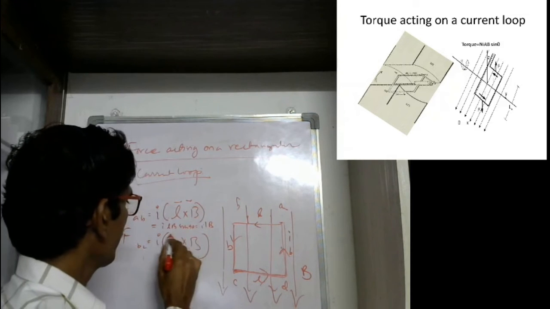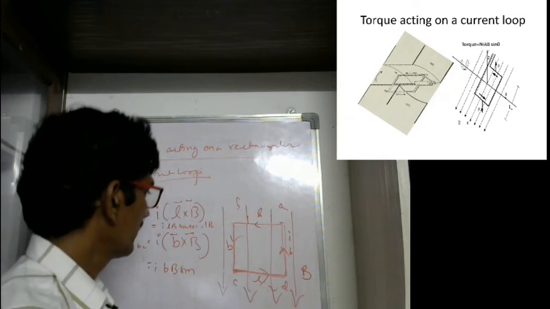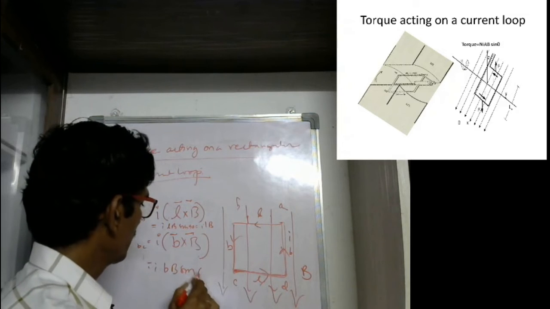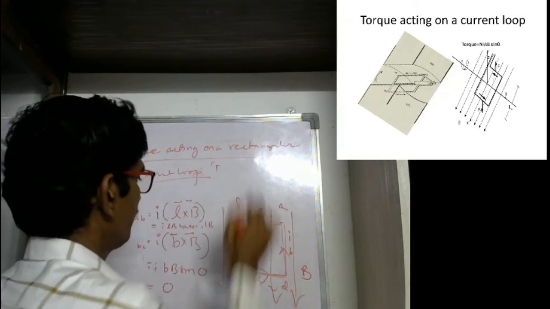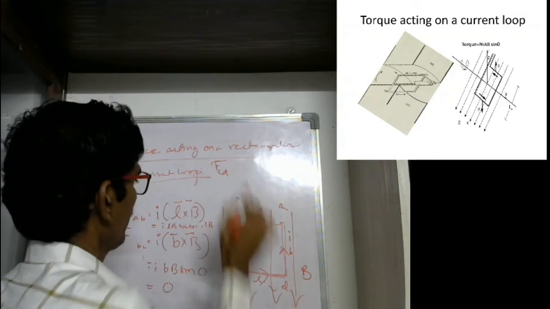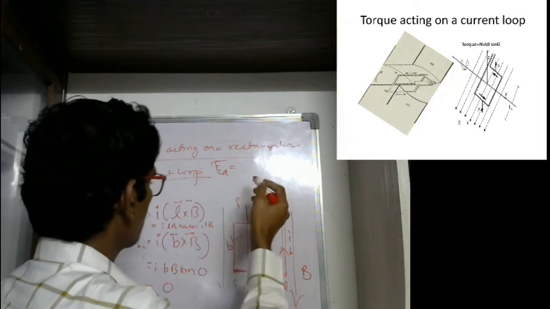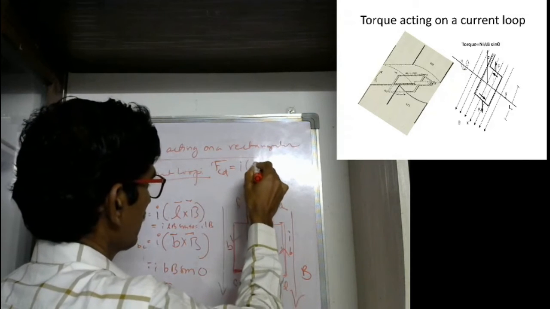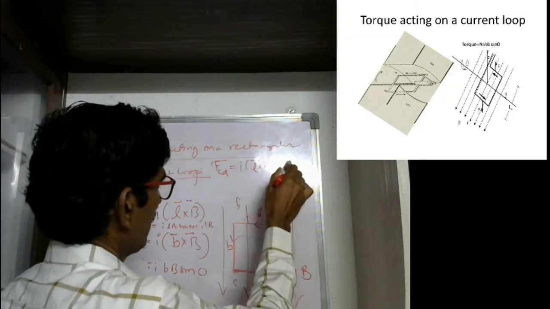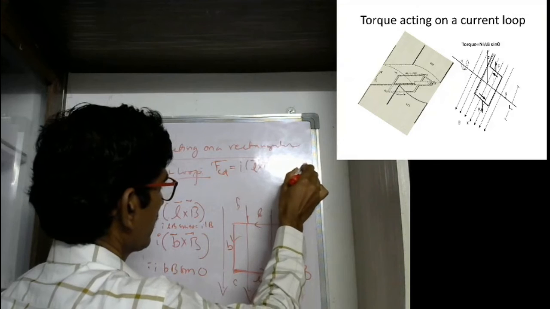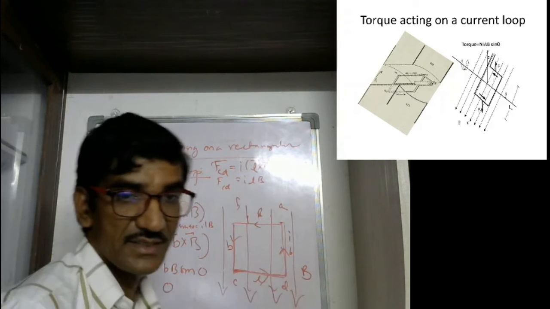In this case, I B B sine, this side is parallel to the magnetic field, so sine 0, so you have 0 magnetic force. Similarly, F CD: this line is also perpendicular to this. So this is I, this is also L, L cross B, so I L B sine 90. So this side also you have maximum force F CD, because sine 90 is 1.